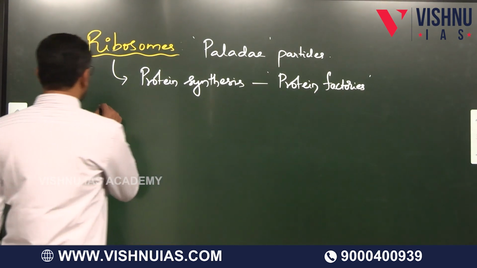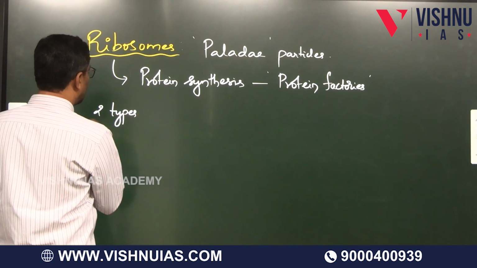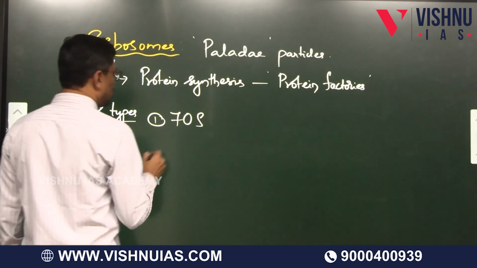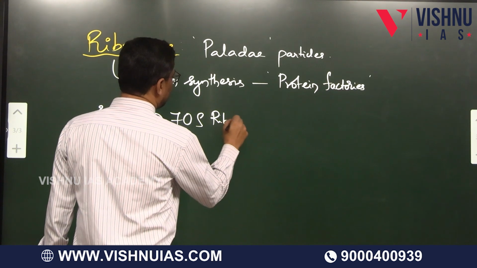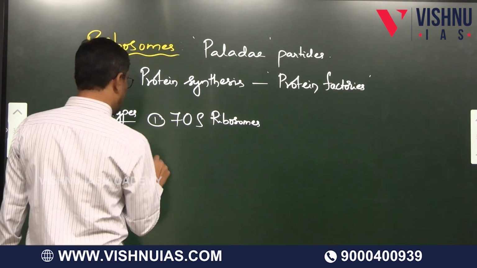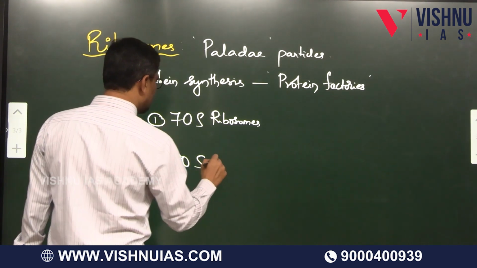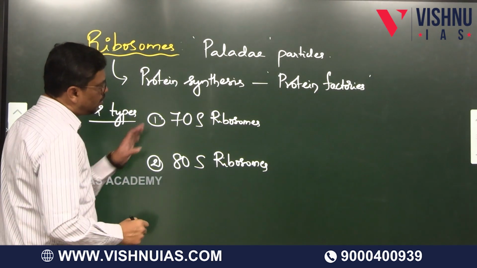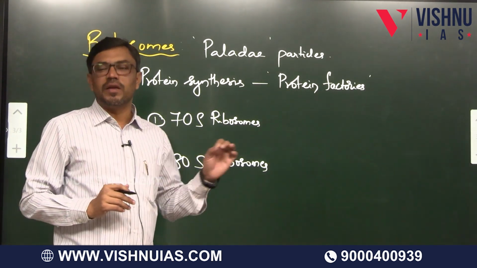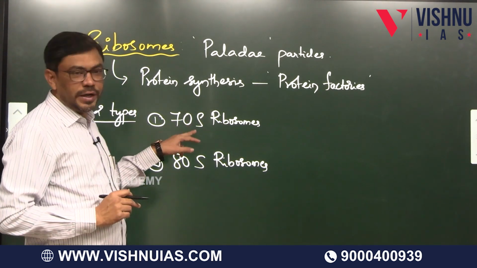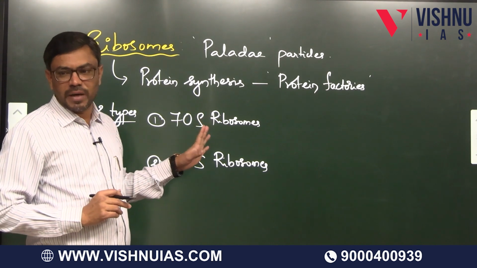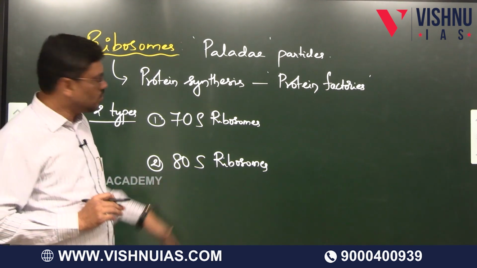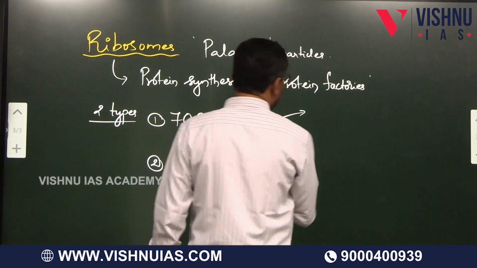There are two types of ribosomes. One is 70S ribosomes, and 80S ribosomes. So, simply you remember 70 and 80 represents the molecular weight of the ribosomes. S is unit, the name of the scientist Swedberg unit. Just to remember that one, you don't need more. 70S, 80S type of ribosomes are present, and the 70S type of ribosomes are present in